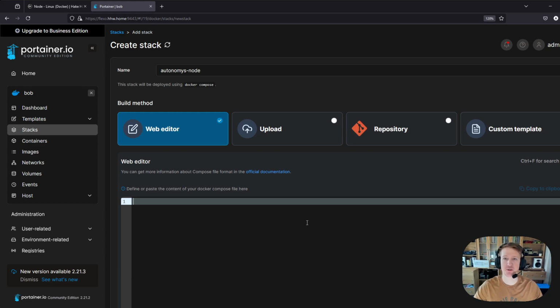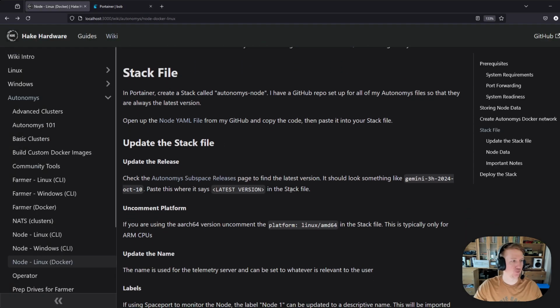They constantly have to be updated. And yes, you can do that with a single stack file, but from a readability and organization perspective, and just reducing the chance of me accidentally messing something up on my node, I like to keep it separate. Okay, and then following the guide here, one thing that I do